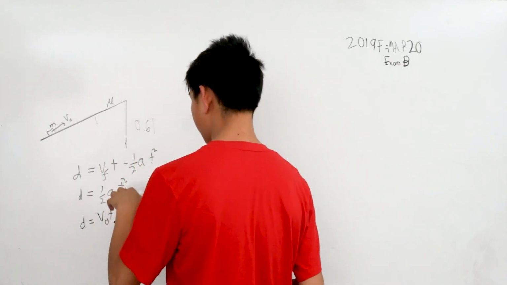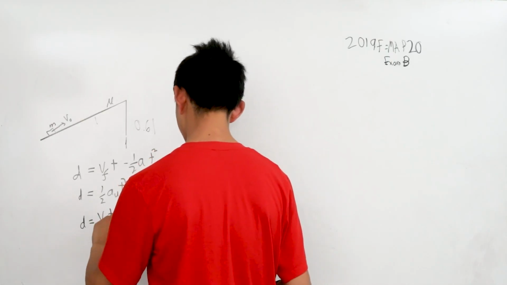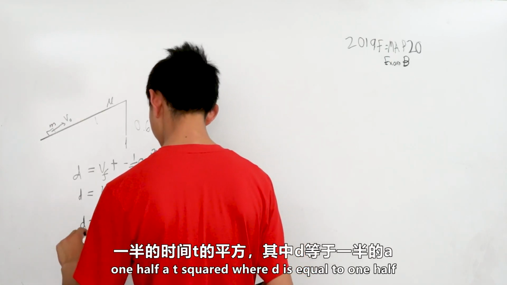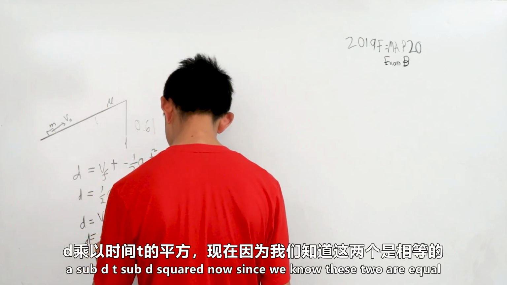You have to add gravity since it's going down now, because it's accelerating with the object. So this is plus 1/2 a t squared, where d is equal to 1/2 a sub d t sub d